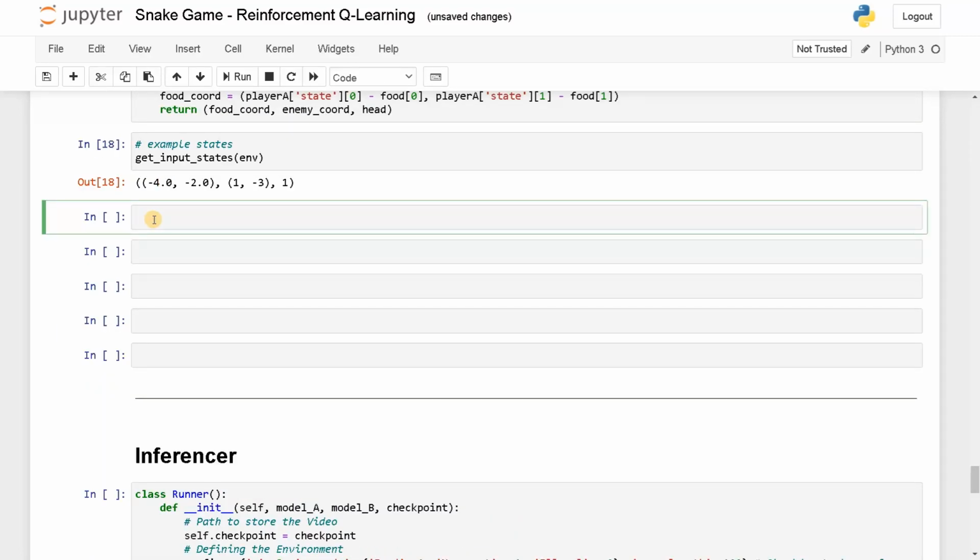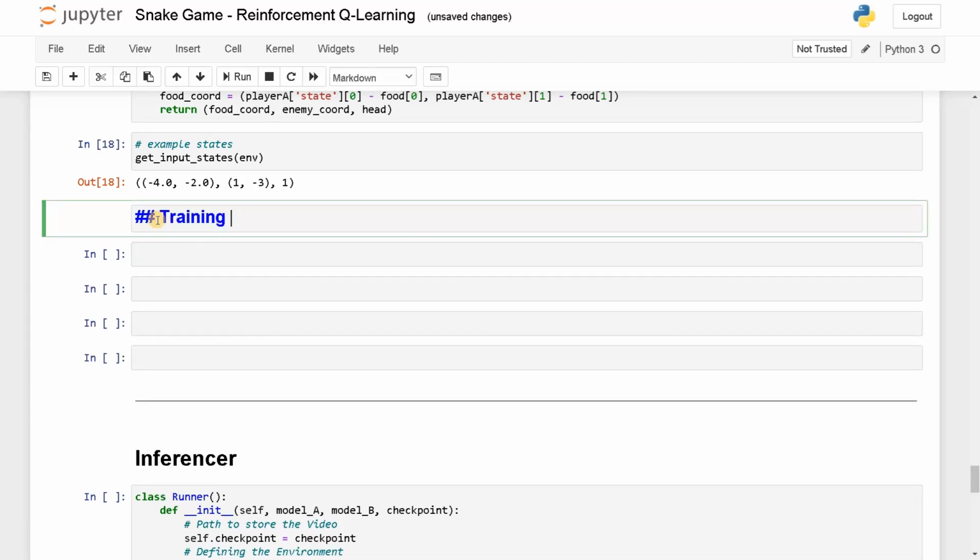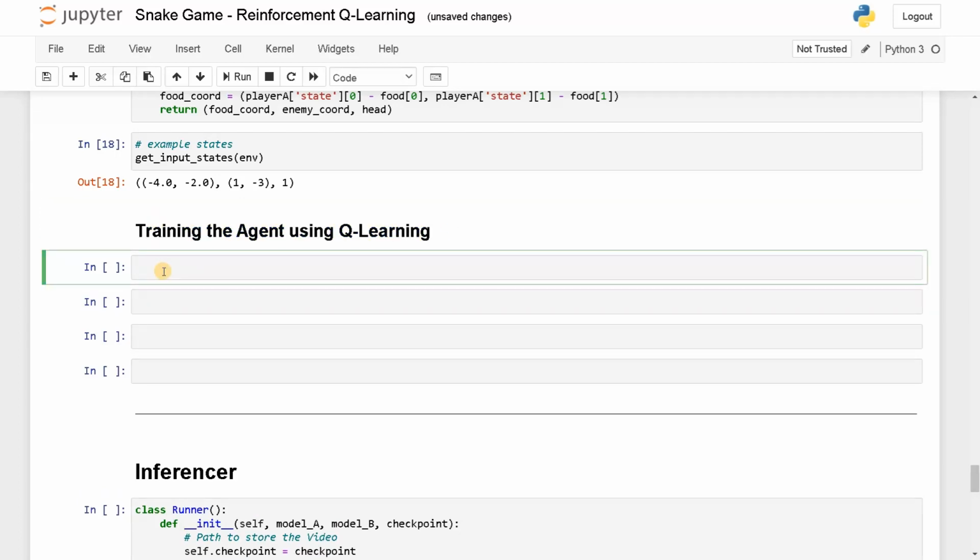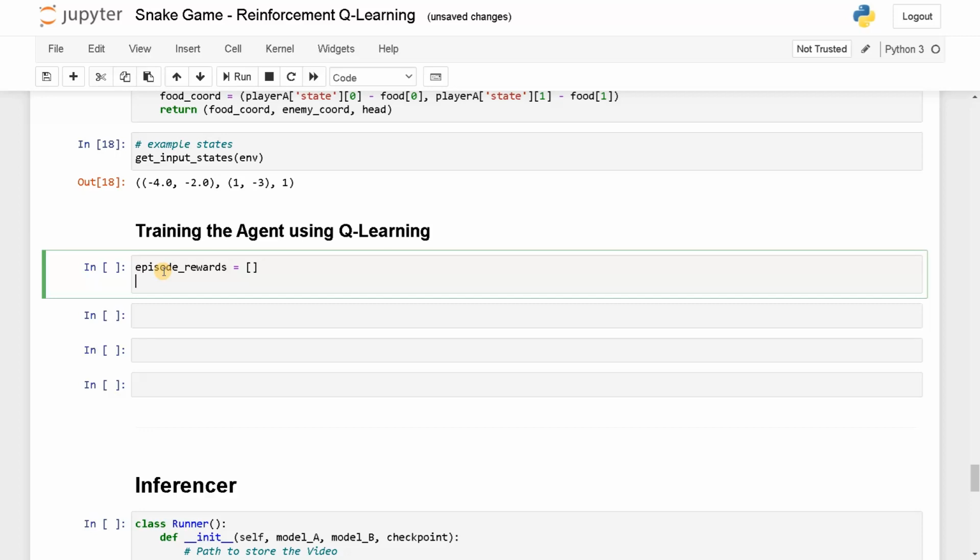Let's jump into the training part now. Training the agent using Q learning. Okay, now we are going to type a lot of stuff. Let's start it now. So first we are going to have episode rewards. So each episode we are going to have some rewards. I'm going to store it in a list. Now for episode in range of num episodes,